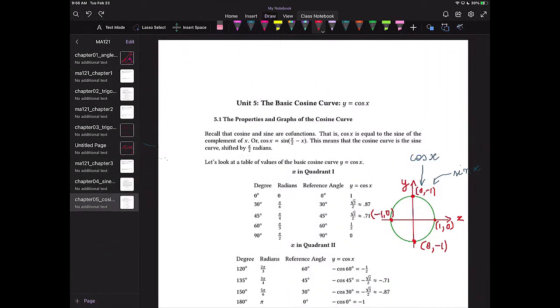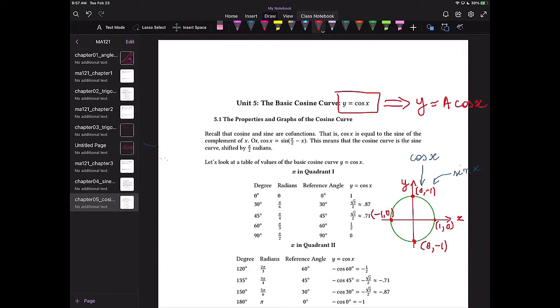Hi everyone, in this video we're gonna get the introduction to the cosine curve. We're gonna start with the basic function, which is y equals cosine of x, and then we move on to an example which is actually a variation of this function, the variation type 1. So the variation will be something of the form y equals a times cosine of x, where a is not